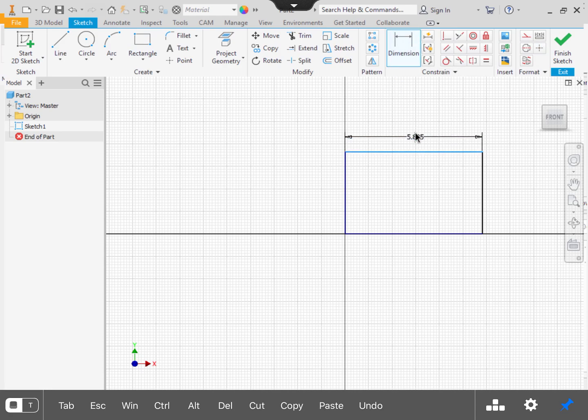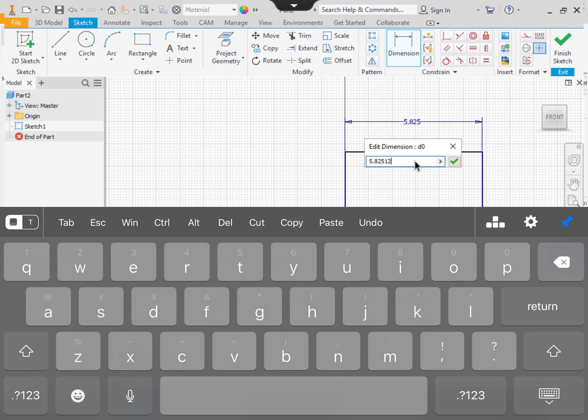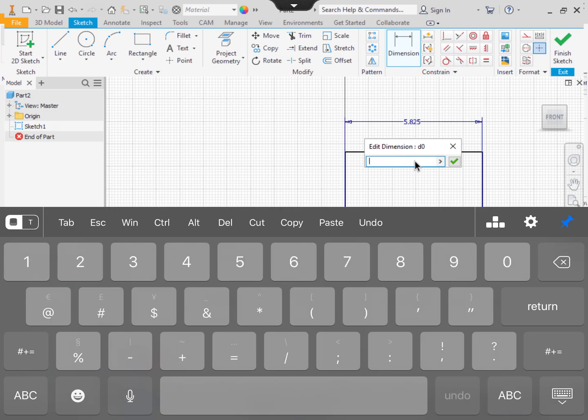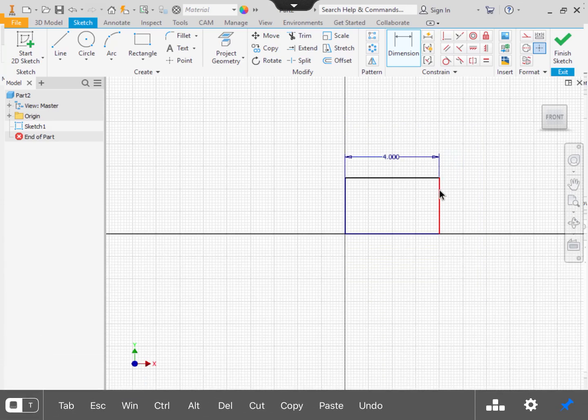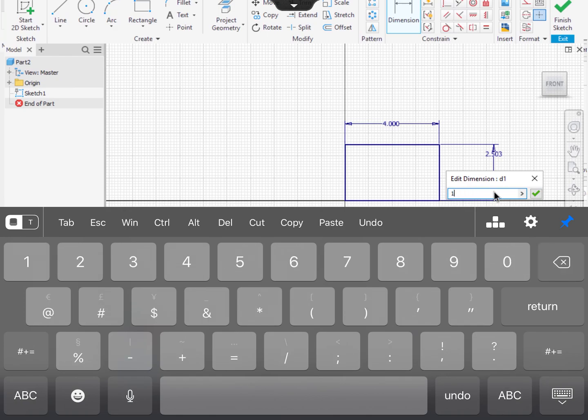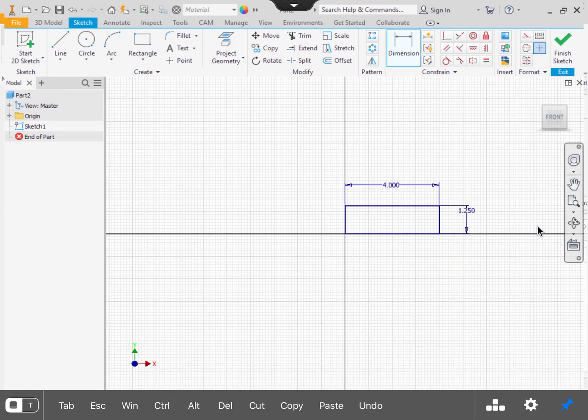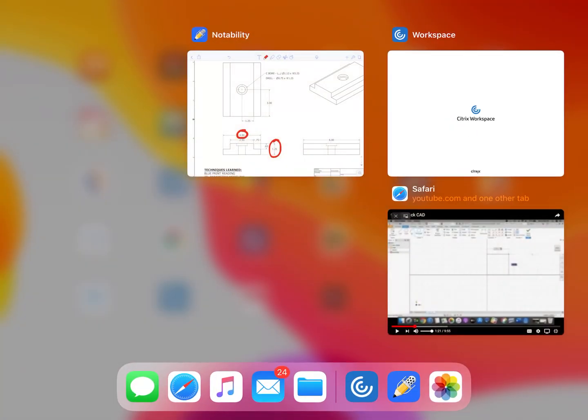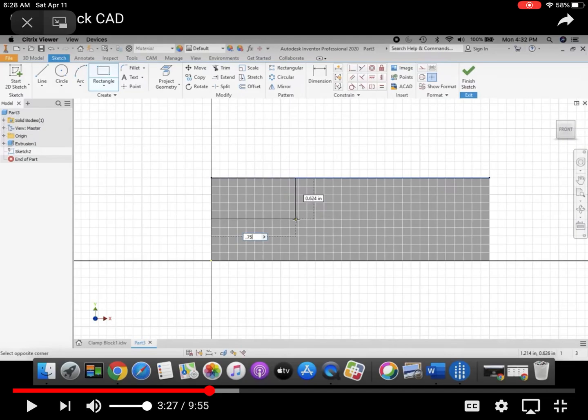Come up, get my dimension tool, click in the text enter box, back that space out of there, back that dimension out of there. I like using the number pads instead of swiping down. Green check mark. Still with my dimension tool, pull this dimension out. Backspace that dimension out of there. Green check mark, enter. Then I can come up, play my video. Press the tab key on the keyboard to find out